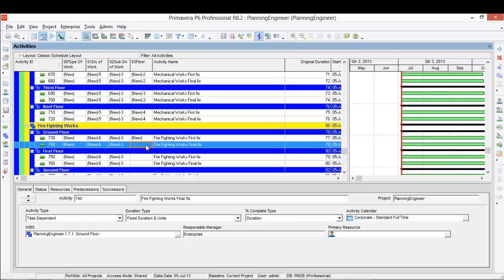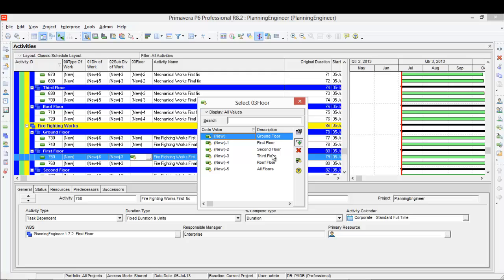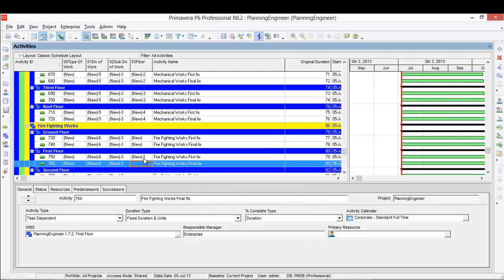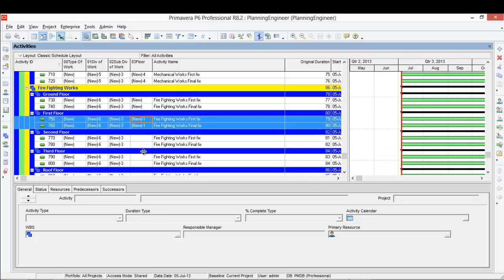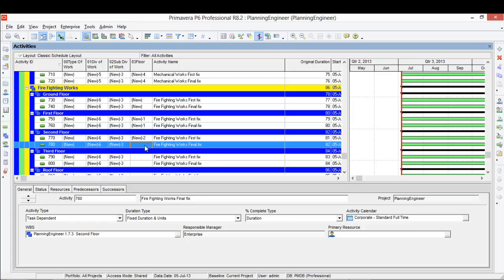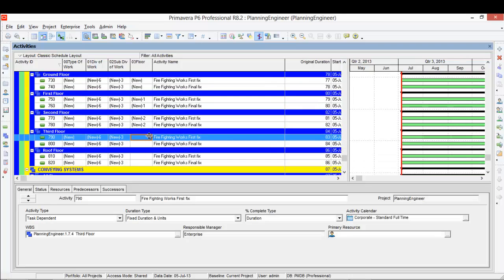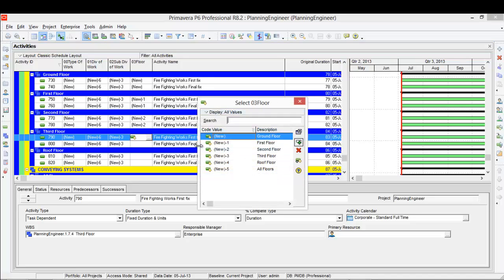And again for the firefighting. Of course I have a shortcut to show you how to do this one faster, but I will tell you at the end of this course how to do it faster. But for now I don't want to give you too much information and have you lose your focus.